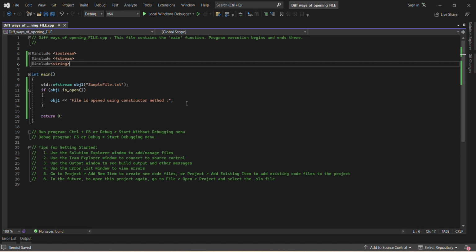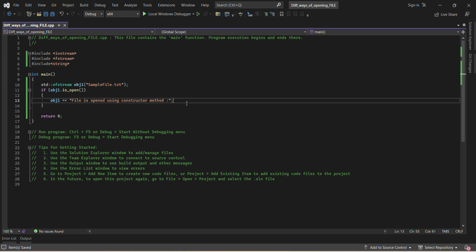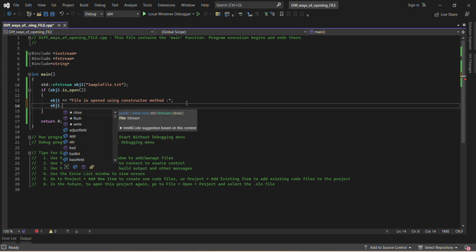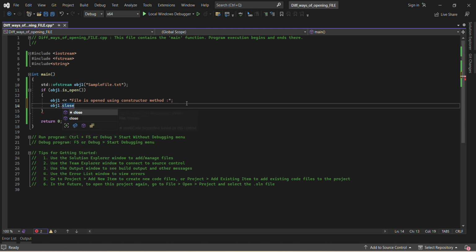Once I write the string to the file, I want to close the file. So object1 dot call the close function. After closing the file, I want to print a message on the console as well,